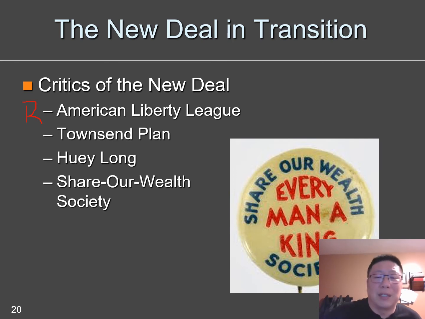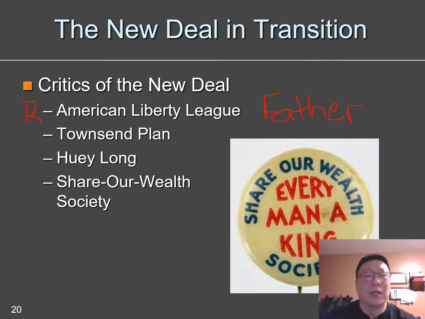Another person that's not mentioned here is, we'll call him, Father Charles Coughlin. Okay. And Father Coughlin is from Detroit, actually. If any of you guys have driven down Woodward, the Shrine of the Little Flower, his church. He used to broadcast from that church. And originally he was a New Deal supporter. And then later he gets on this conspiracy theory that Roosevelt's in league with bankers, and really what you should read that as is some anti-Semitism, that there's a worldwide conspiracy of Jewish bankers to dominate the world,